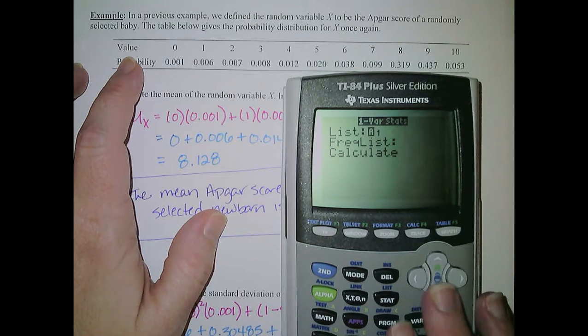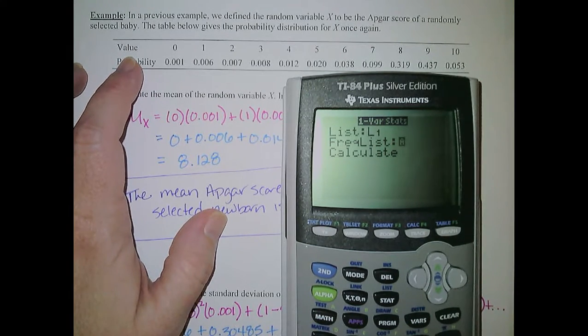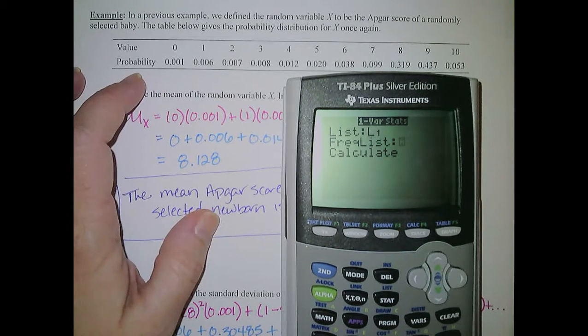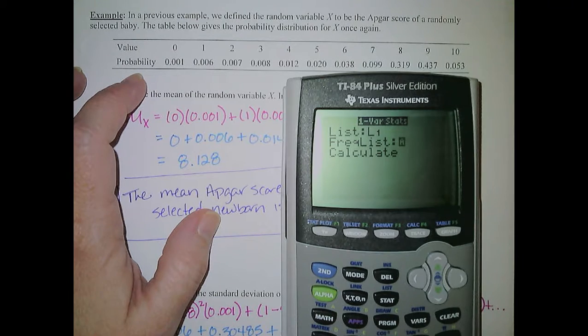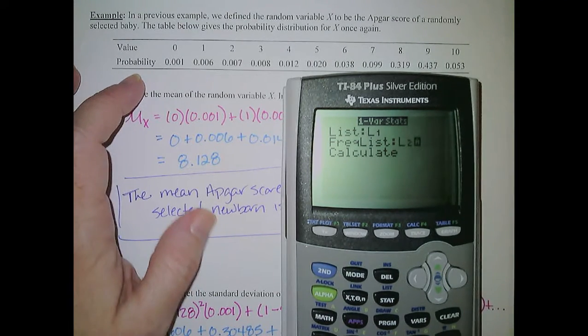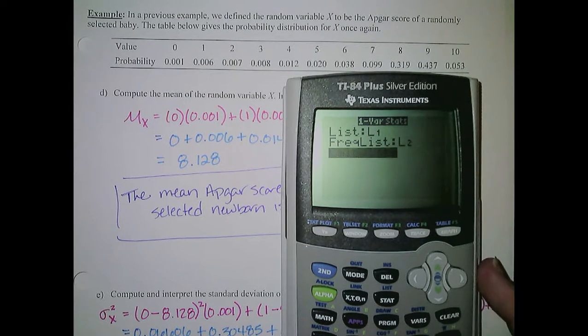But this time, we've been leaving the frequency list blank. Now we're going to input a frequency list. The frequency list is saying, what is the probability of each of these outcomes? And the probability of each of these outcomes we put in list 2. So for frequency list, we're going to put in list 2. This is going to give us a weighted average. It's going to multiply each of those outcomes times the probability of the outcomes that's entered in our frequency list. So now if we go to calculate,